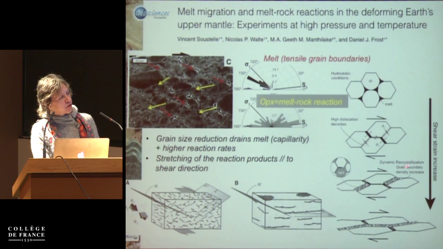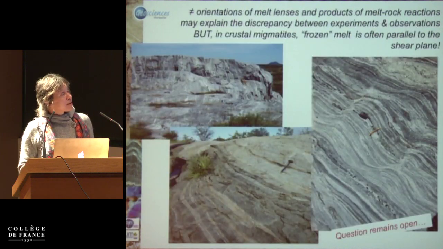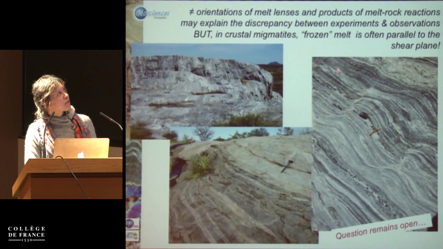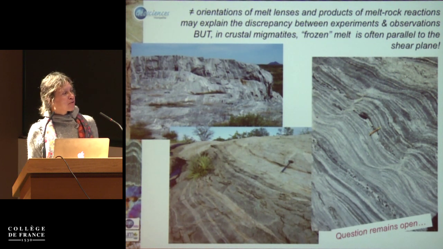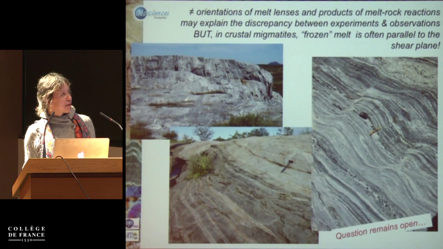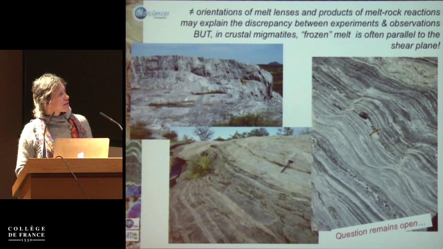And by grain size reduction, you just drain the melt into the systems and enhance the reaction rates. So we start by forming the pyroxenes oriented like this, and then by solid state deformation, you parallelize them to the flow direction. So this kind of data can be an explanation to explain the discrepancy between the experiments and observations,